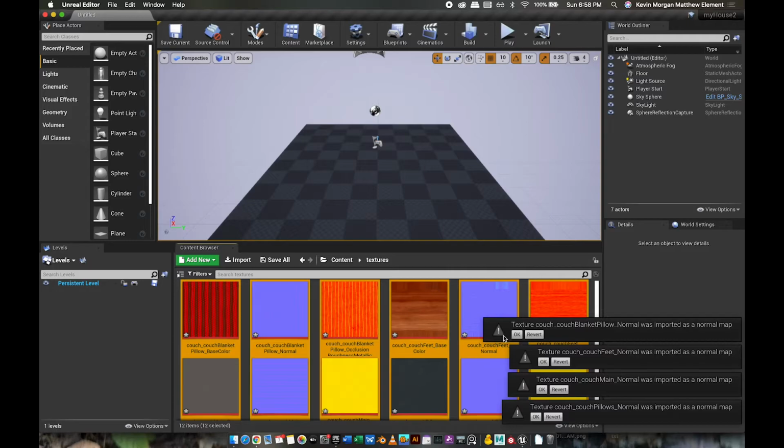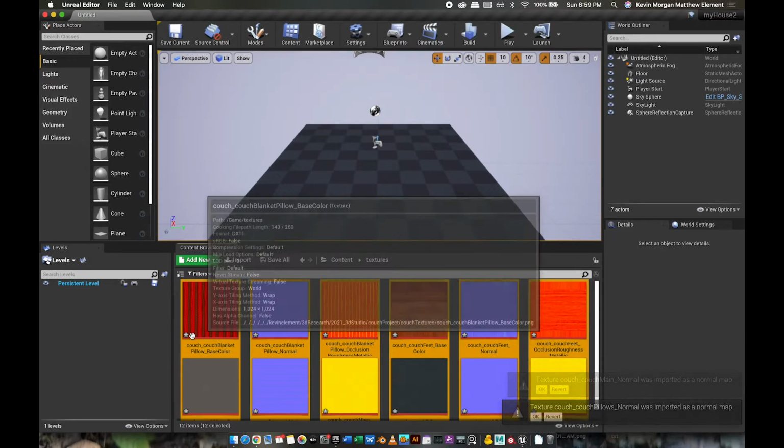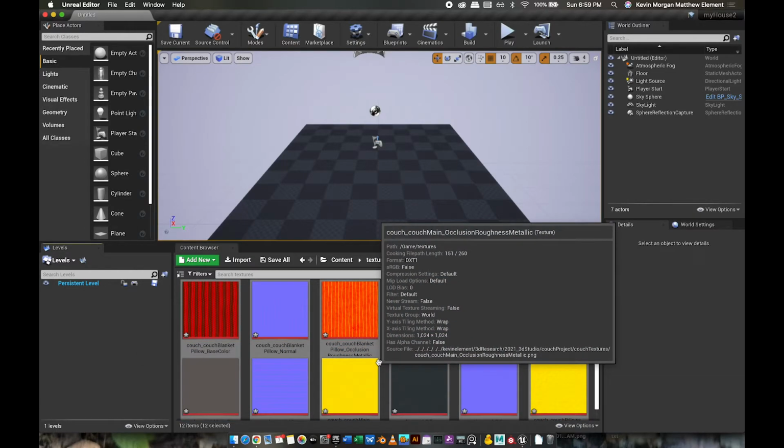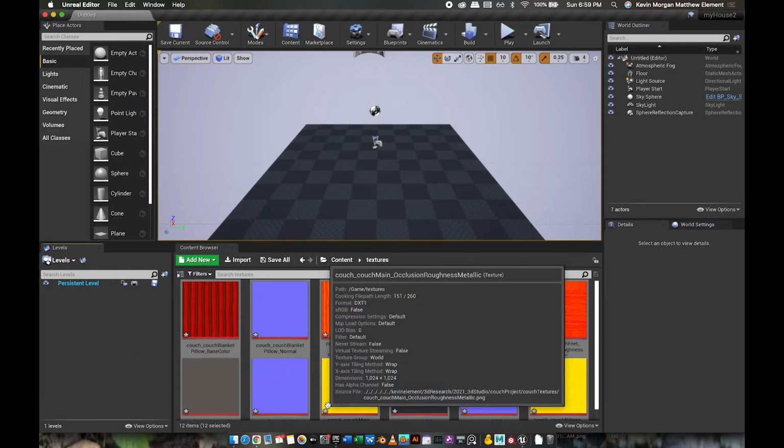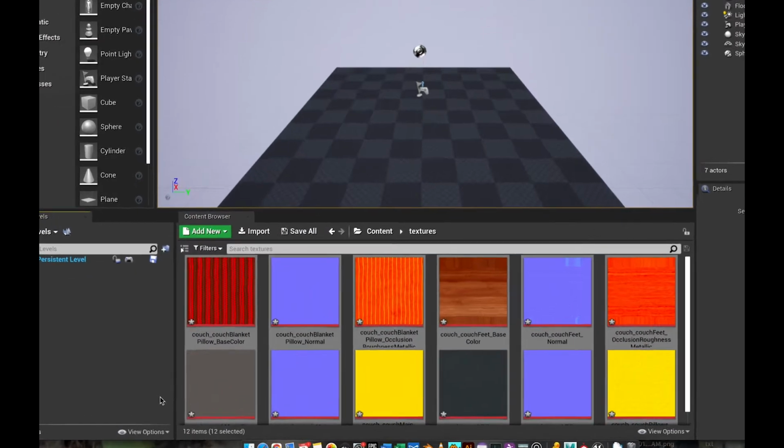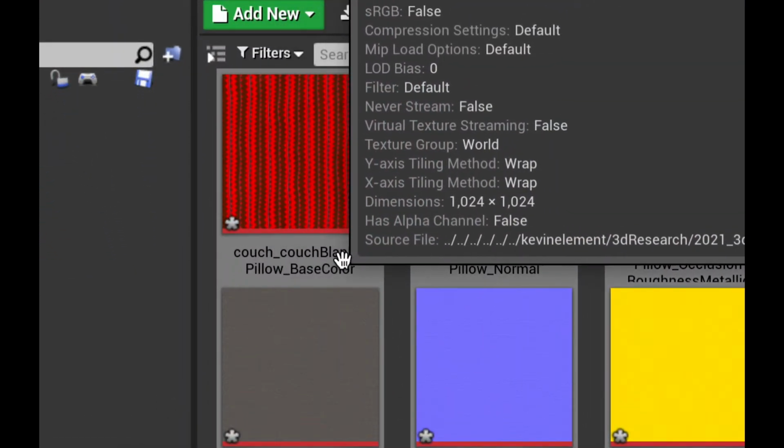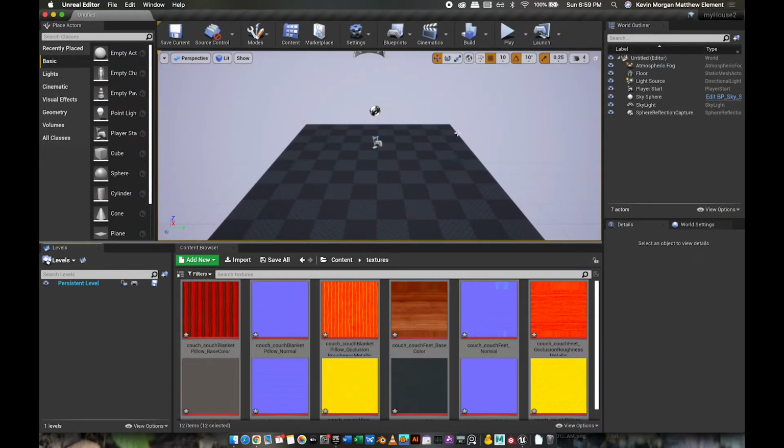So there's a whole new set of files. So we've doubled the data. We've got to keep that in mind. And they're nicely named. Look at that. So couch, blanket, pillow, base color. So when I bring my